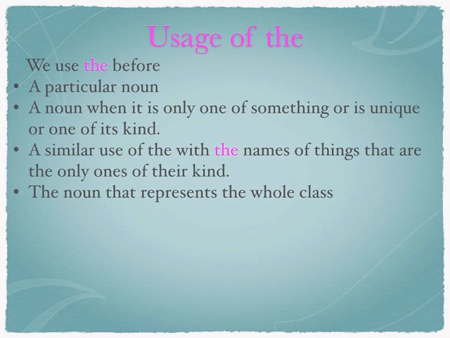Next, the noun that represents the whole class. For example, the lion is a wild animal. The lion means all lions, lions in general. The lion which is in India is also wild, and the lion which is in Australia is also wild. We cannot say the lion which is living in India is very kind. So here, in general, we talk about particular animals or anything, and for that we have to use "the".